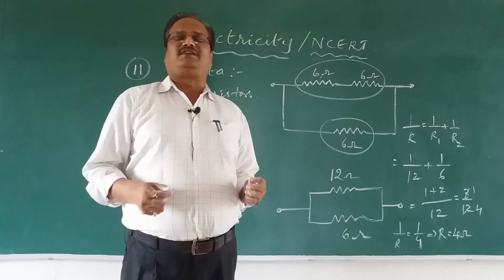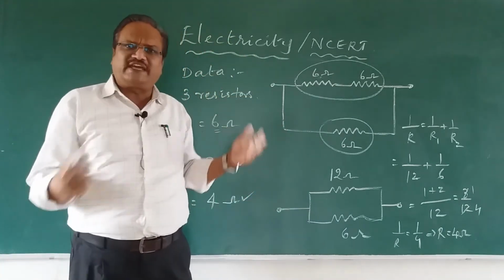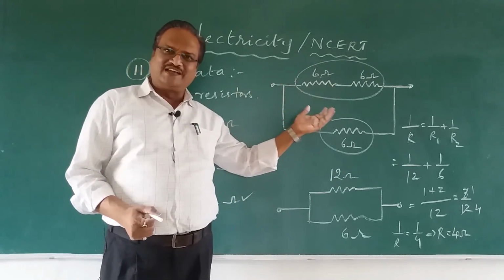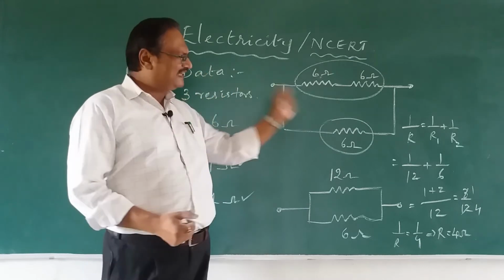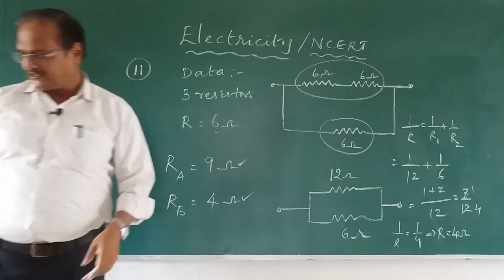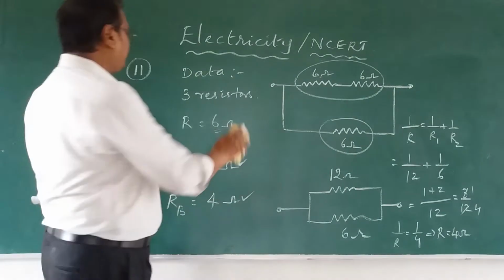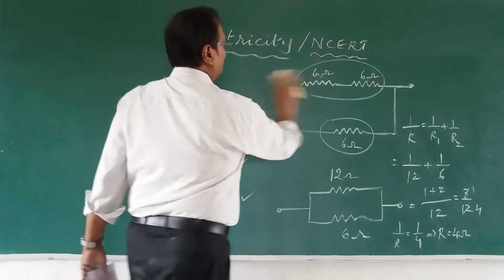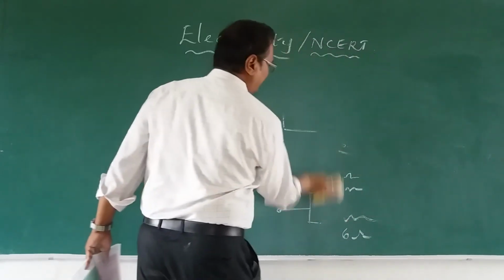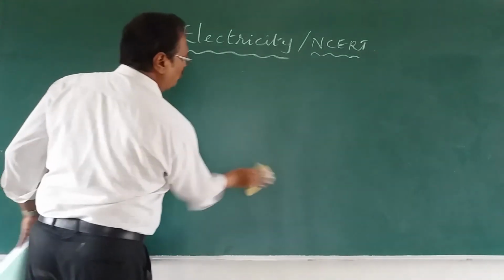So, it is very simple. You need to just think of the permutation, combination. What are the different ways I can solve a problem? These will all come in NEET and JEE as a 1 mark question, a 4 mark question, just like that. You should not take a long time to solve them. With this problem, next I move on to another problem. This is the 11th problem, I have solved it for you. So remember, this is how you have to find the permutation combination of resistors and try to solve it.